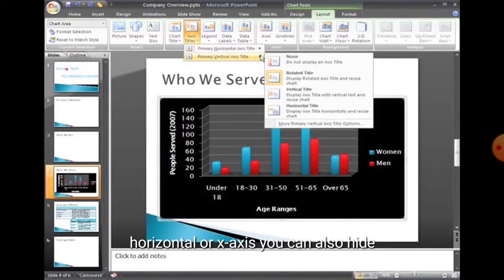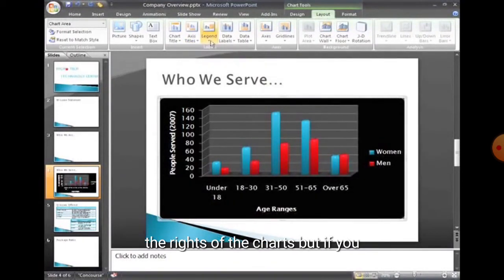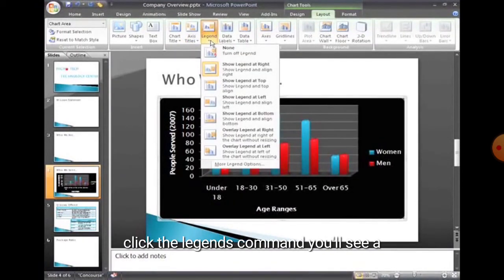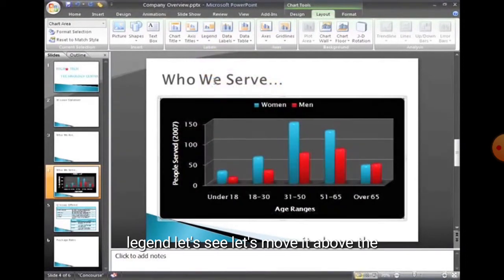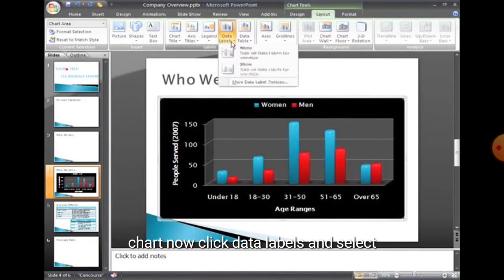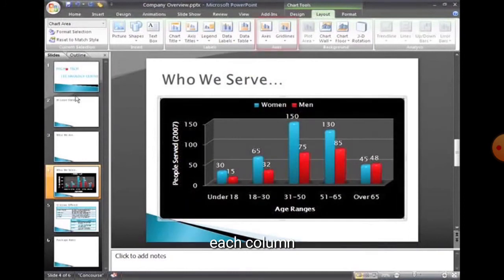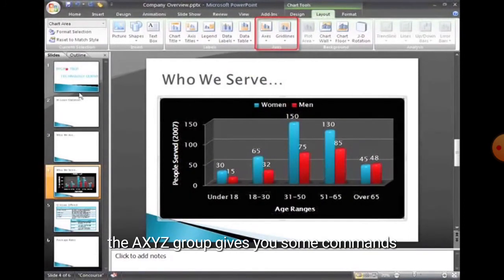Here the legends are also related. For the legends, like women and men, if you want to keep them on the top, select the location and click on the top position. Then for data labels, if you want to show them, click on that, and all the data values will be shown on the bars.